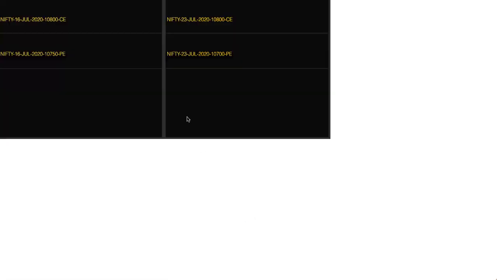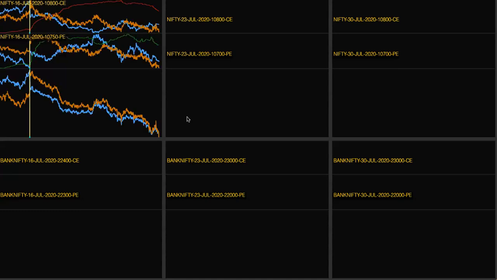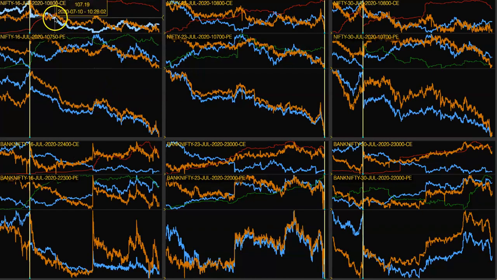And please note one more important thing: the IV pattern of all the call options of this expiry will be similar. For example, 10,900 also will have a similar IV pattern like this. Exactly, it will be the same like this. And again for the puts, all the puts of the 16 July will be in a similar pattern